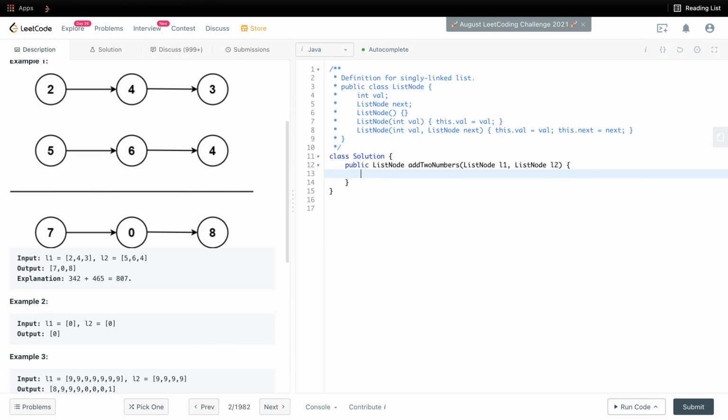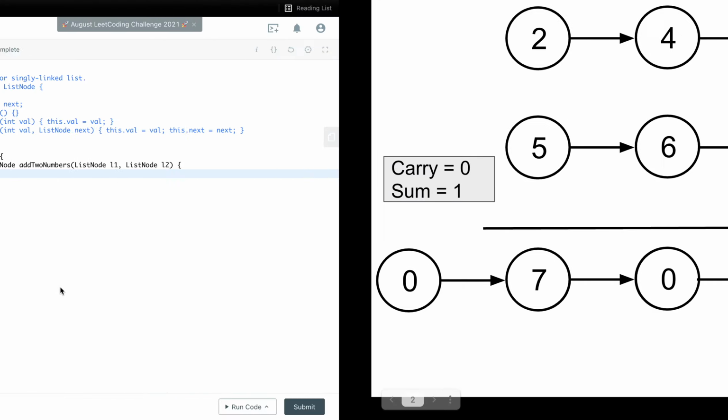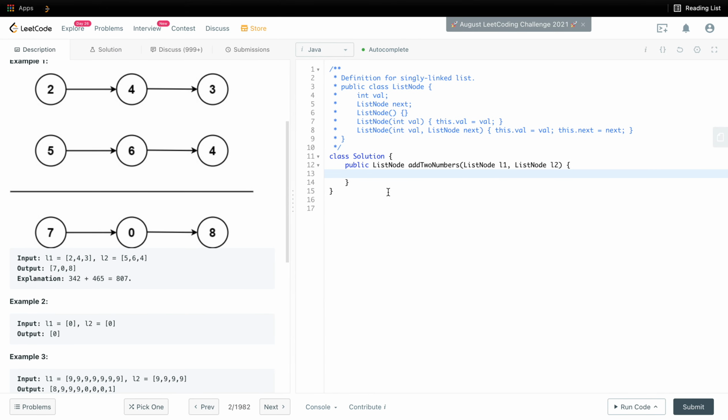As we saw in this presentation, we have to start with the carry as 0 and sum as 0, and then we need to have a node here. So we have int carry as 0, sum as 0.